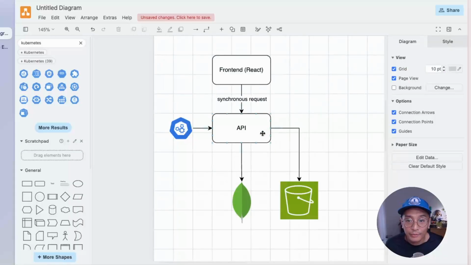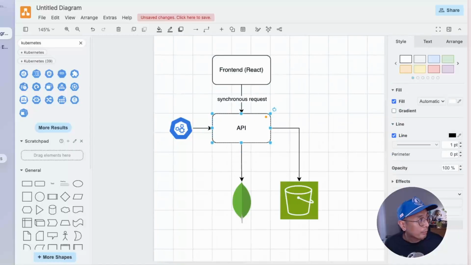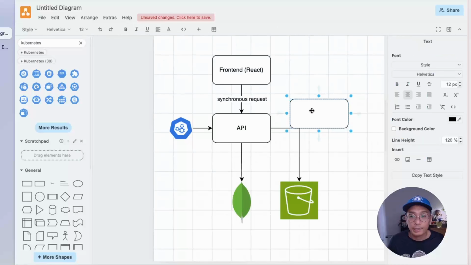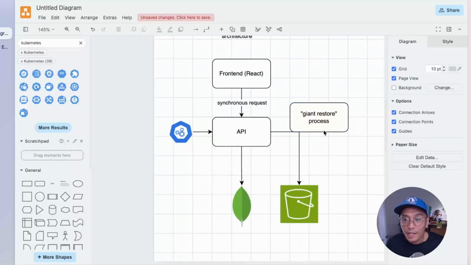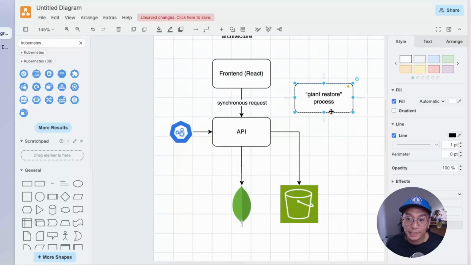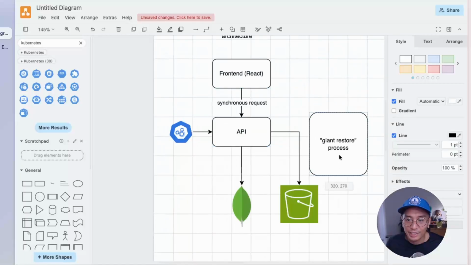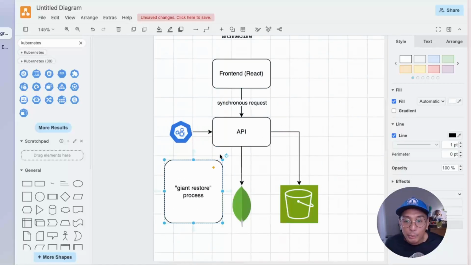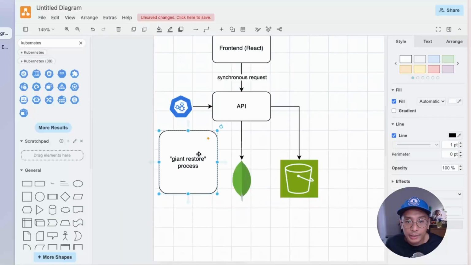There's a synchronous request, rather, meaning that the front end needed to wait until the API completed this entire process. It was baked into the API itself, but we'll represent that with a new rectangle. This is the giant restore process. And I mean giant, meaning it was literally fairly large. But within our API, we had this